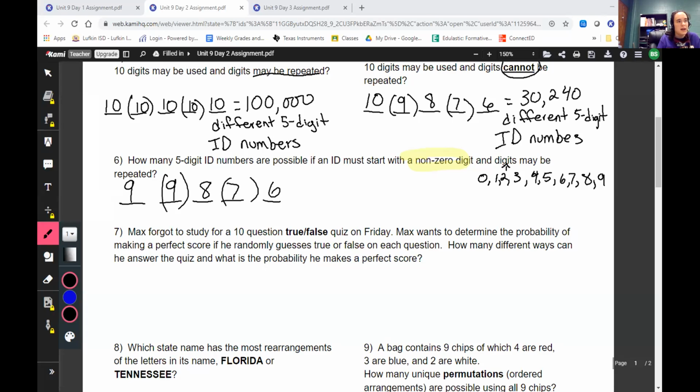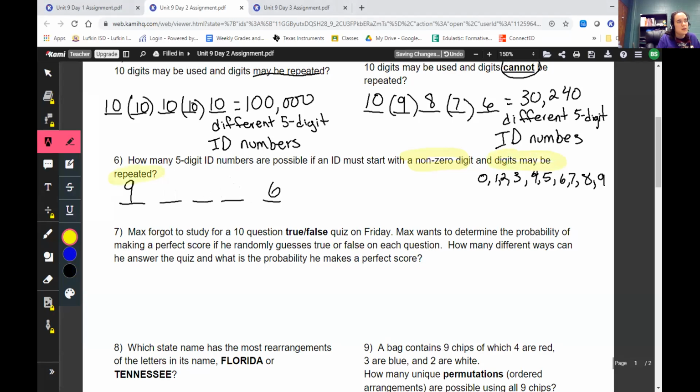This one says that the digits can be repeated. So that's really important to read. Digits may be repeated. This one would be if the digits weren't repeated. So instead of 9 times 8 times 7 times 6,